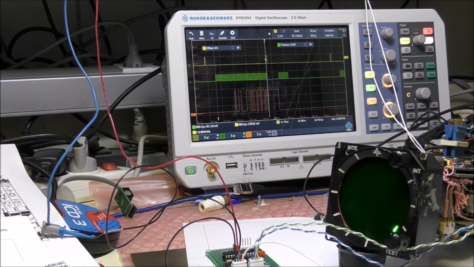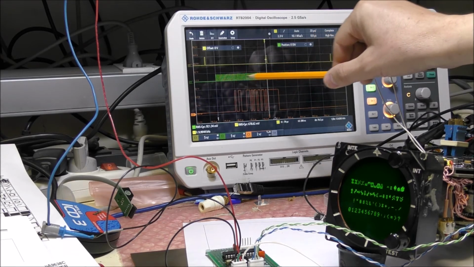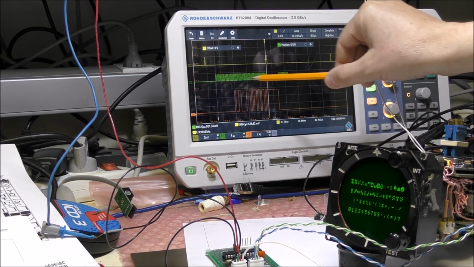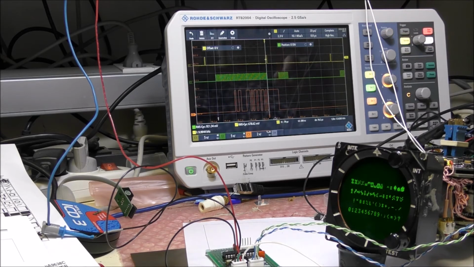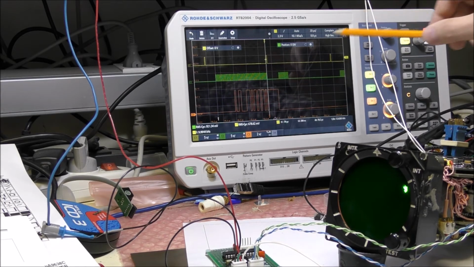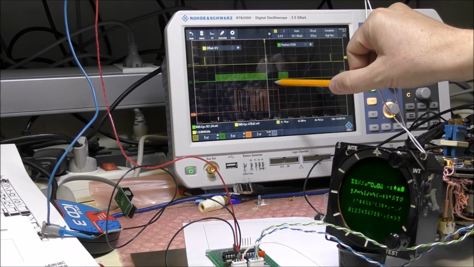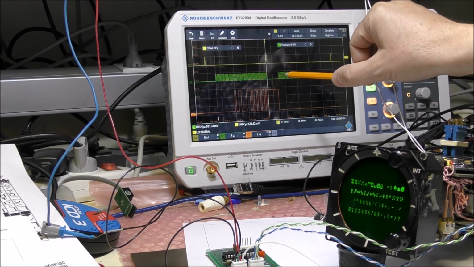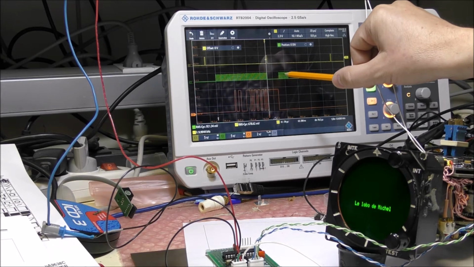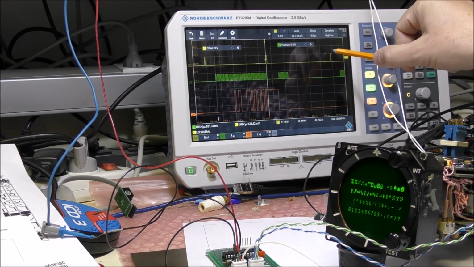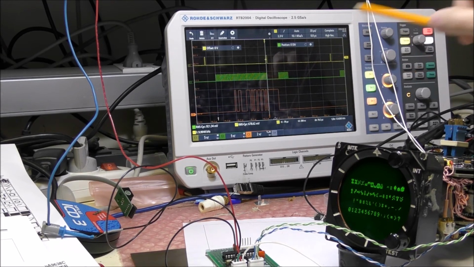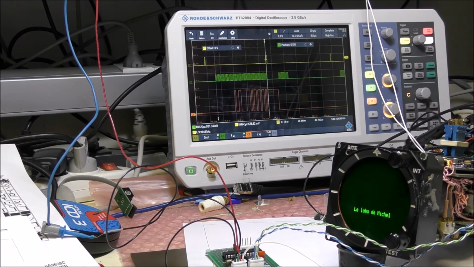So this is the data stream. First you have 40 bits. At the end of this first stream, the instrument will generate a pulse in order to load these data into the shift registers. Then after a while you have to send another 8 bits, with 0 actually, but you need to send 8 clocks, and after a while the instrument will generate another pulse, and this will validate the signal. So you have to send 6 bytes in total, that is to say 48 bits.